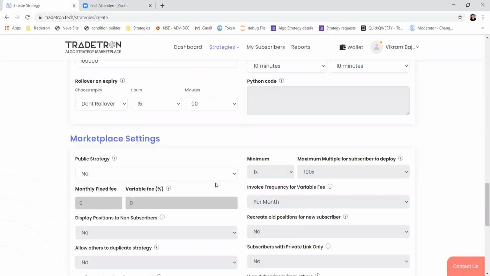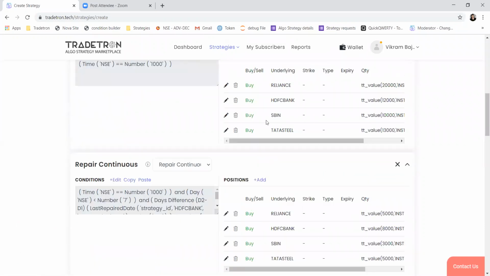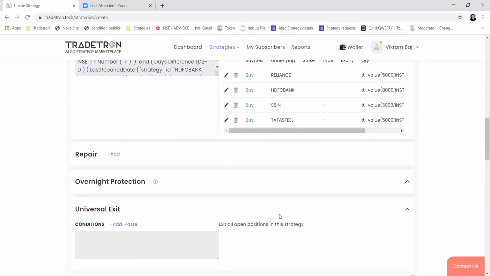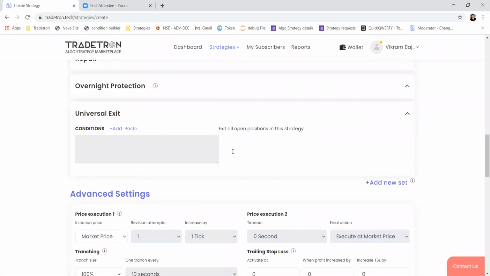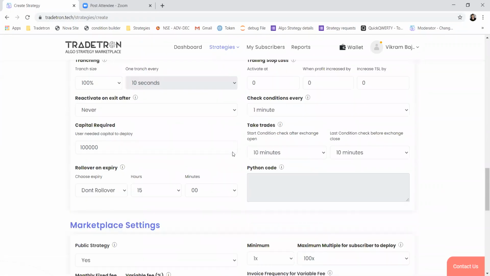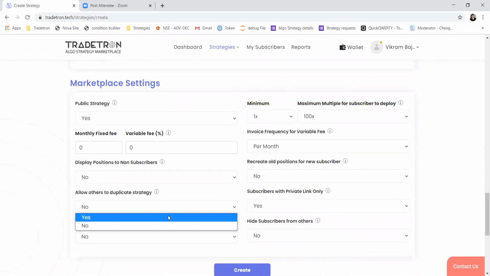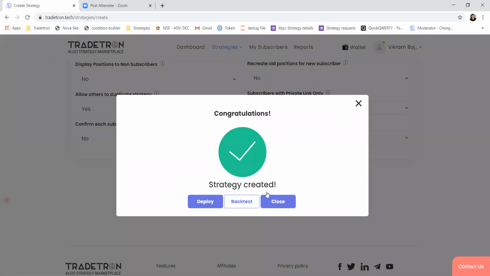So this is a simple template for this. And like this, if you want to add multiple portfolios, so let's say you want to create one portfolio for banking, one for metals, one for PSU bank, you can just keep on adding sets with similar conditions and manage multiple portfolios using the same strategy. So even that is possible. We'll just quickly make this strategy, create it and share the link. And then we will take the Q&A and create the strategies for which there are some queries.